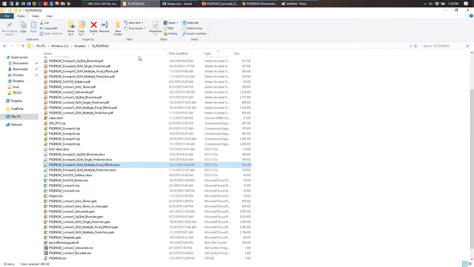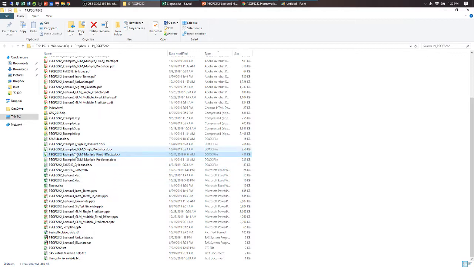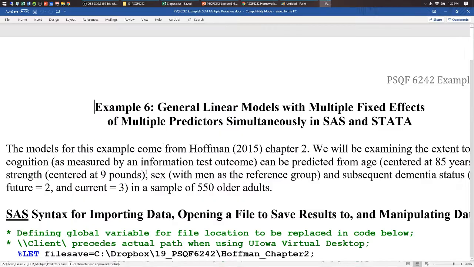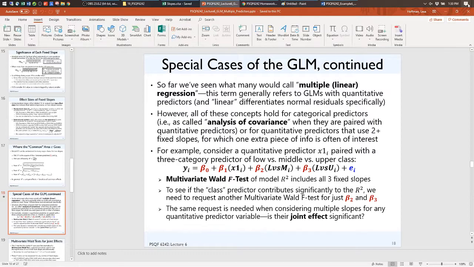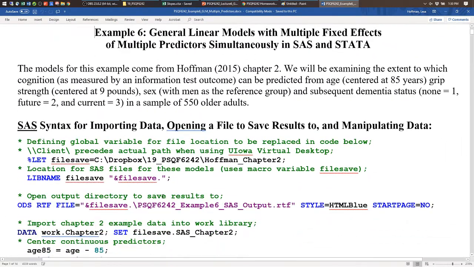So let me show you an example. Example 6. We'll do this. New data set. GSS is gone. I know. So this is a data set that I made up. This is from my textbook. This is chapter 2 of that book. It's a book on longitudinal analysis, but chapter 2 is all about linear models because I found that folks often don't get taught the stuff about linear models that I need them to have for longitudinal models, so I put it in there. So these are fake data, but they're simulated based on existing real data, so they look like real data, in theory. These are older adults,